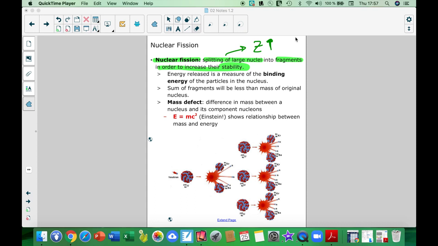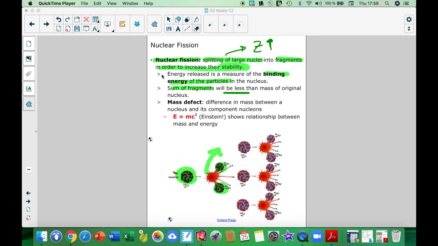The energy that is released in this process is a measure of the binding energy of the particles in the nucleus. If the energy is high, it means that the particles are strongly holding together. Now, we need to know that when we talk about nuclear fission, the sum of the masses of the fragments that have been formed will always be less than the mass of the original